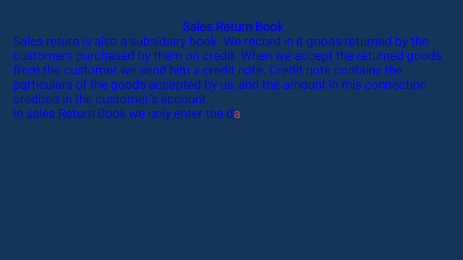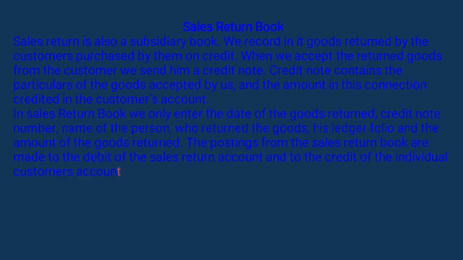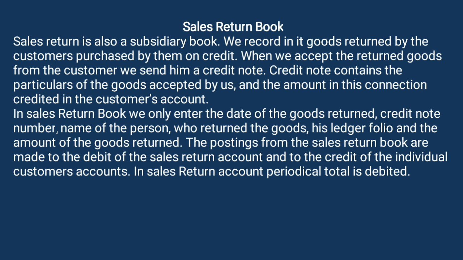This is called the simple sales book. Along with this, we also prepare the comprehensive purchase book and comprehensive sales book. Along with this, we have the sales return book. Sales return is also a kind of subsidiary book in which we record all the goods we have sold that come back to us. Whatever goods we have sold, if for any reason they are returned to us by the buyer, it is called sales return.